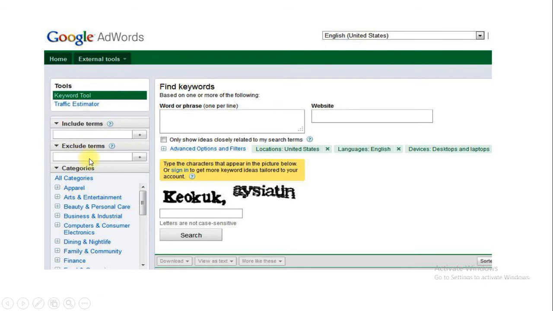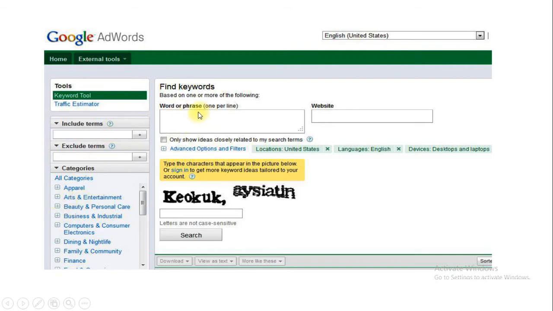And exclude term means what? You want to see the output, like two terms are there, but certain terms I don't want to see as a result, then you can put them inside exclude terms. Over here you have a list of categories for different types of fields or different kinds of keywords.